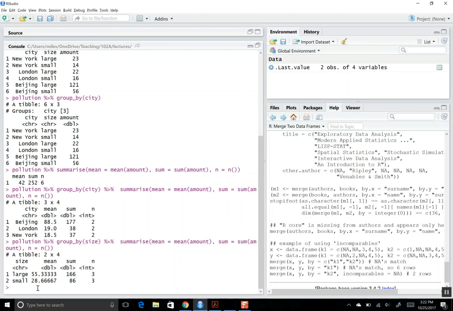Is that okay? Yes? Can you group by more than one column? Yes, you can group by more than one column. So in this case, well, you have to group by a categorical variable, okay? So in this case, we've got the column city and the column size. And there's 3 groups in city and 2 groups in size. So if I group by both city and size, I would end up having 6 groups. And so